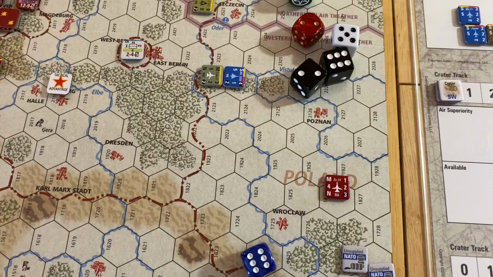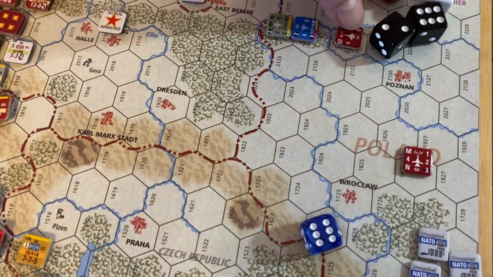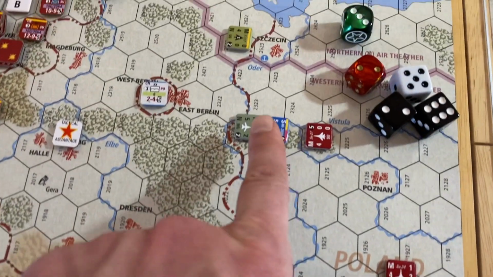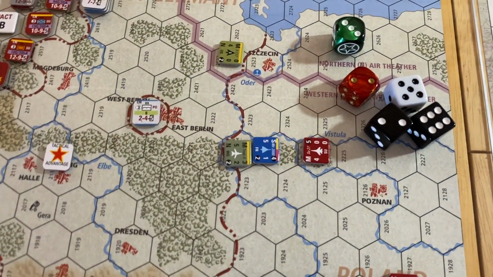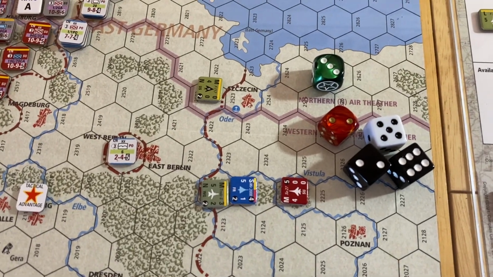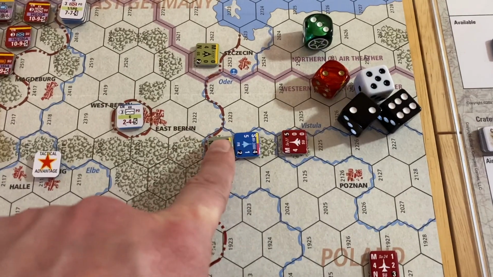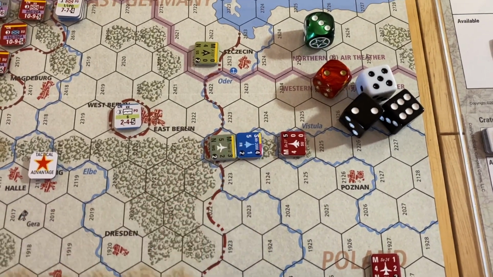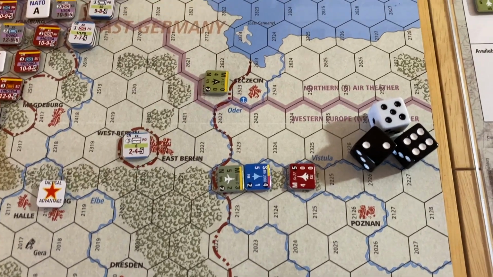Oh, you know what? I forgot to put a unit in on this. Try to stop these guys. I like to, after NATO allocates its strikes, the Warsaw Pact can intercept, and so we will go ahead. I forgot to mark him down. I'm going to put the Su-27 to try to take out those Mirage 2000s. So the Mirages are going to fire second,